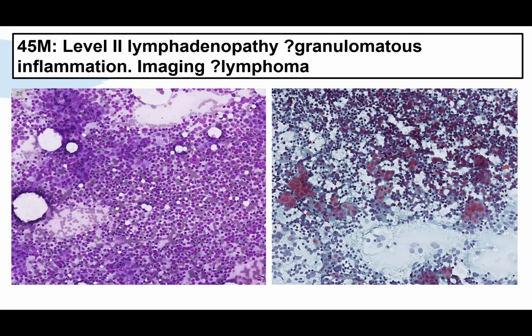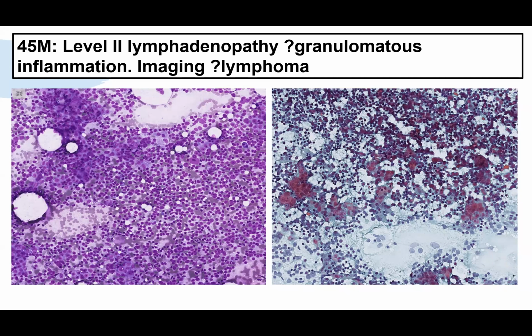So this is another case. This is looking at a cervical lymph node now in a 45-year-old patient with lymphadenopathy. And the question here was whether it was granulomatous inflammation. And as you can see, there is a diffuse lymphoid background, but you can also see these larger discohesive